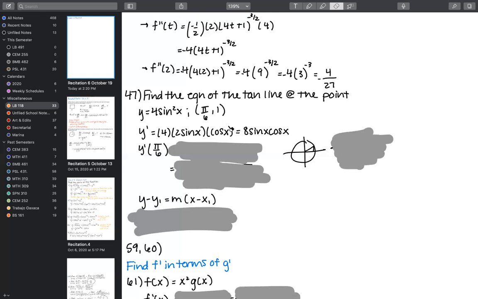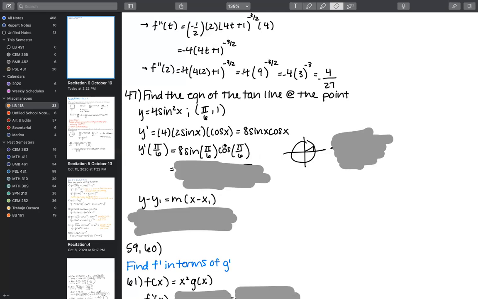And then I've just found the general formula for the derivative of this function, and I can plug in any x value and find any specific derivative. The specific derivative I'm being asked to find is at pi over 6. So when I plug that in, I get 8 sine of pi over 6 cosine of pi over 6. And now I've got to refer to the unit circle in order to figure out what these specific values are.